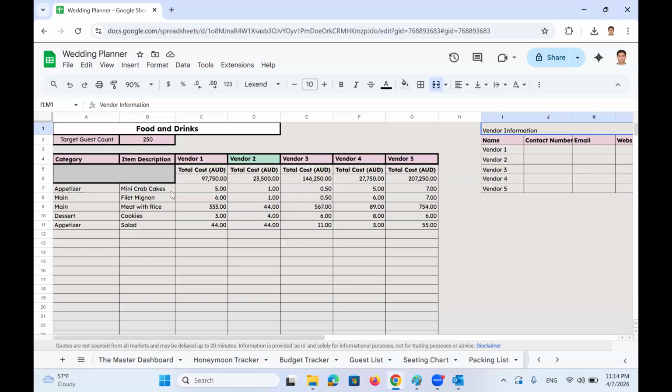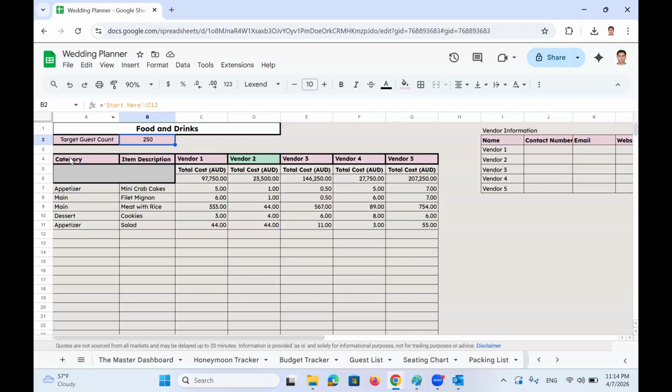And then here you start adding the category, appetizer, main, dessert, then the item description and the price. The price is per person, because the total cost will multiply all of these